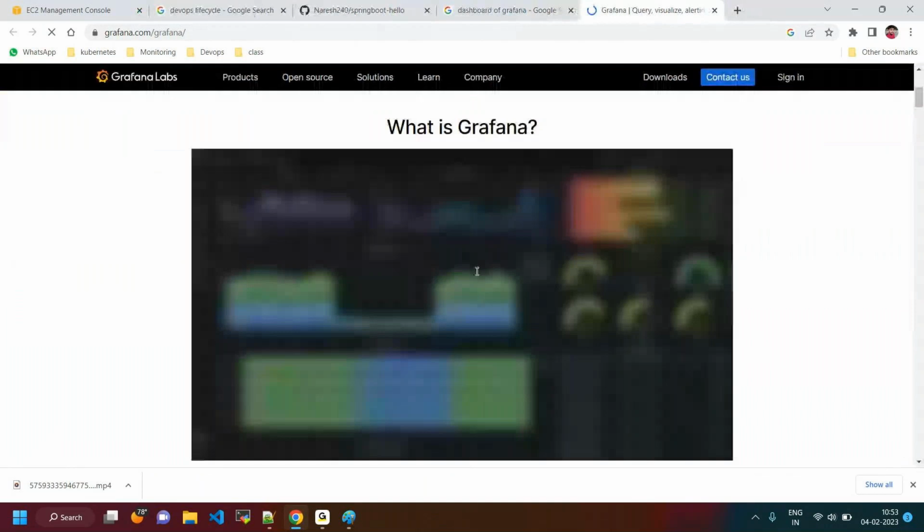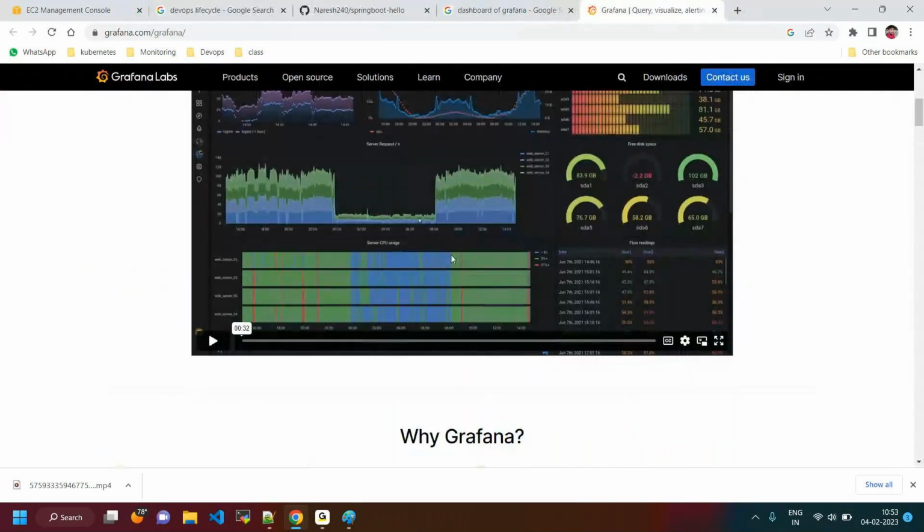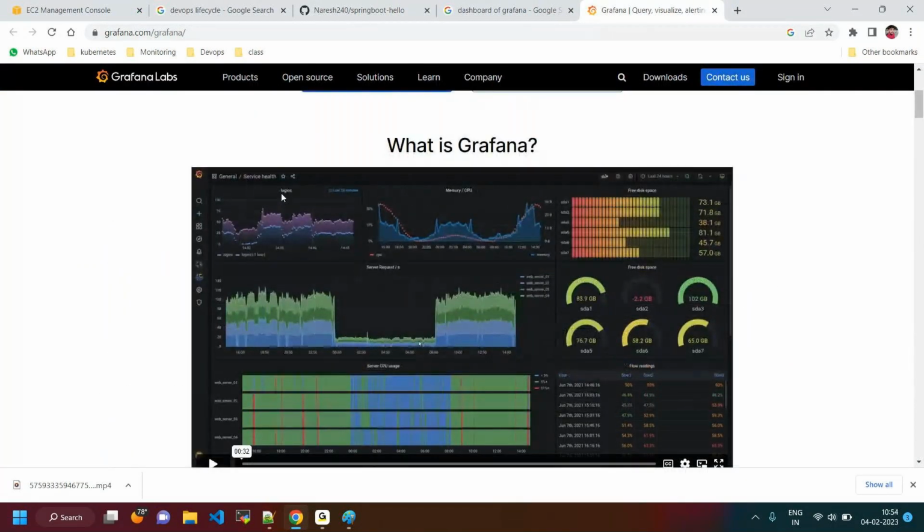I can go with this, I hope. Query visualizations. Here we can see one is a login. This is related to CPU and this is related to the server. Okay, server CPU usages. This is memory or CPU. This is the server CPU usages. At what time this particular CPU increased, we can easily find out by using this. But if you go with logs, it's very difficult to find out at what time this particular CPU reaches 100% or it might be 90%.